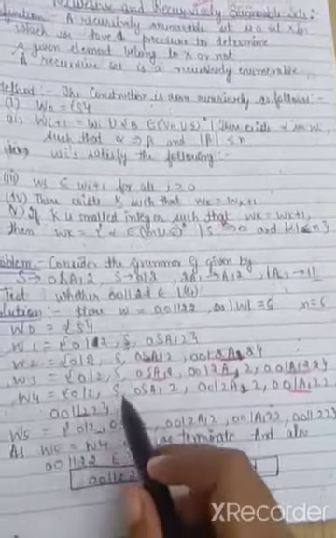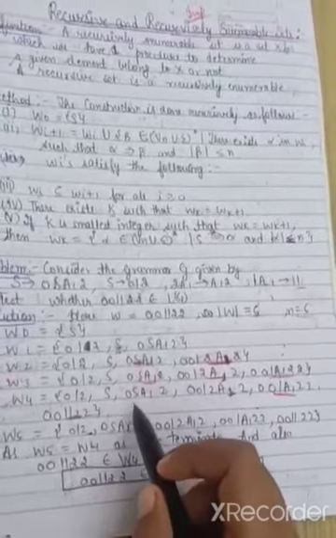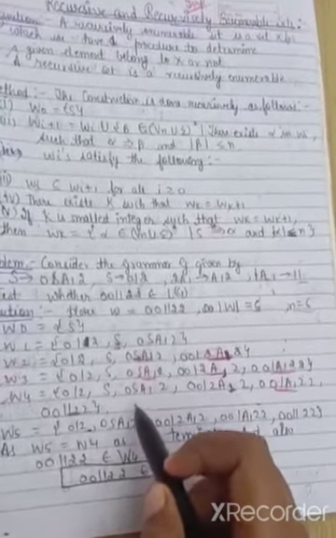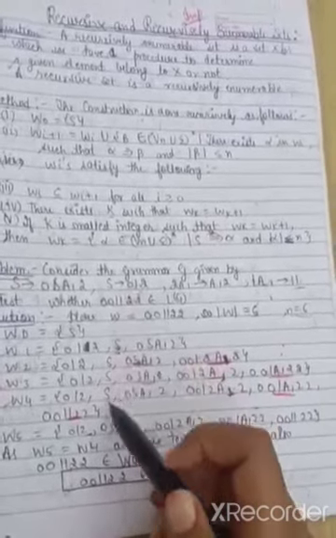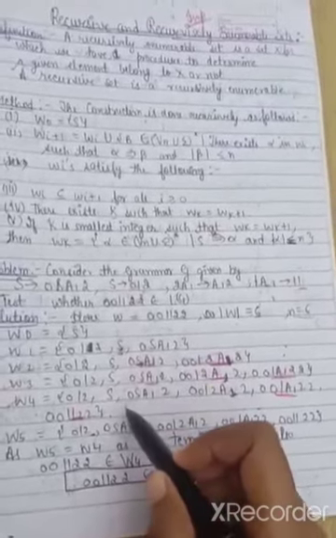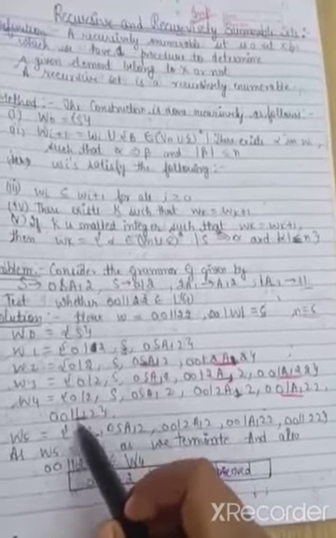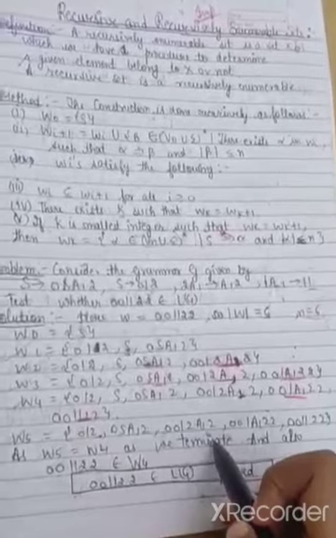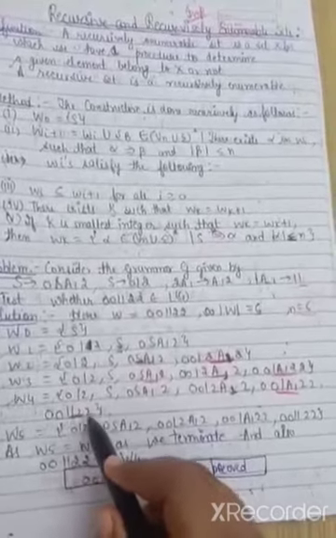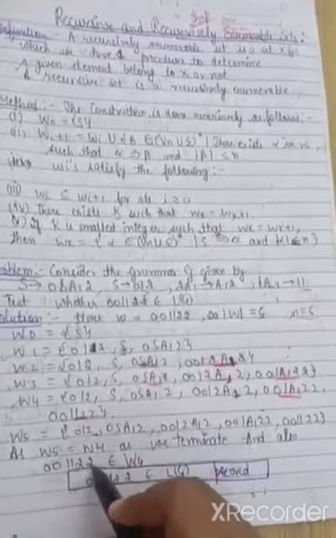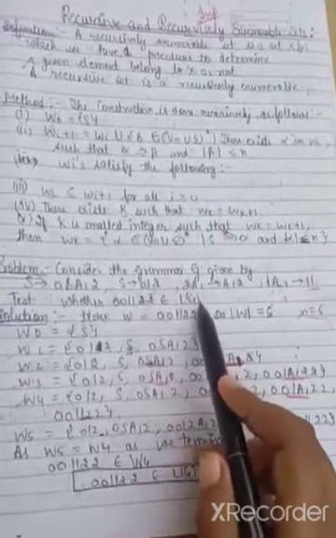And in W5 I am considering all these elements, and after that you will see there is no more production left, because there is no non-terminal left for which I can substitute a production. So this is my W5, and W4 is just similar. So here we need to terminate. That means we will get this string 001122, and this string belongs to this language which is accepted by the grammar.